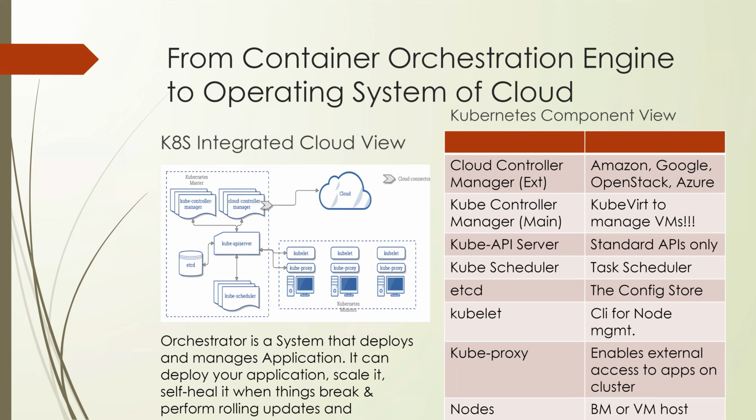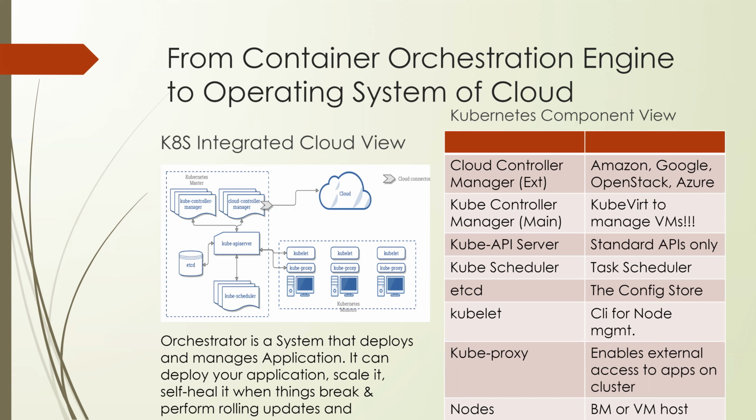Not enables external access, but rather, if you have multiple nodes, within the nodes you may have different pods with different IPs. So when an IP is allocated, kube proxy enables one pod to talk to another pod internally. And external, it doesn't do itself, but it points to the